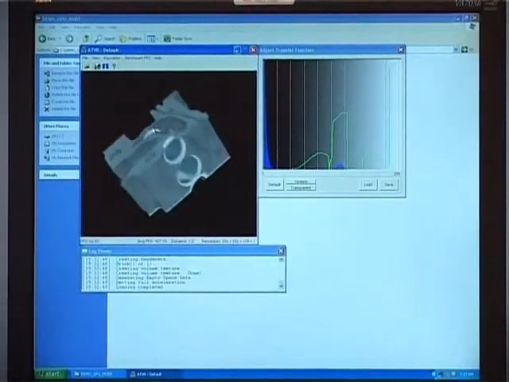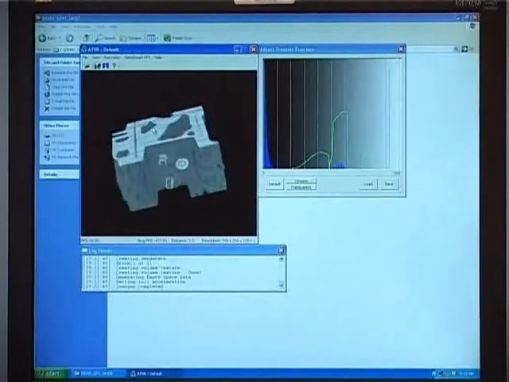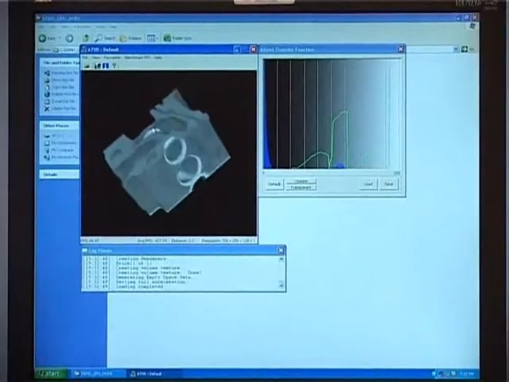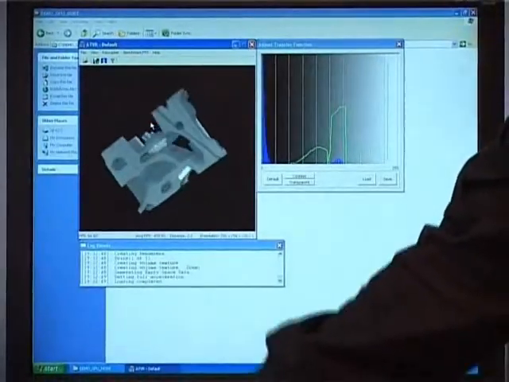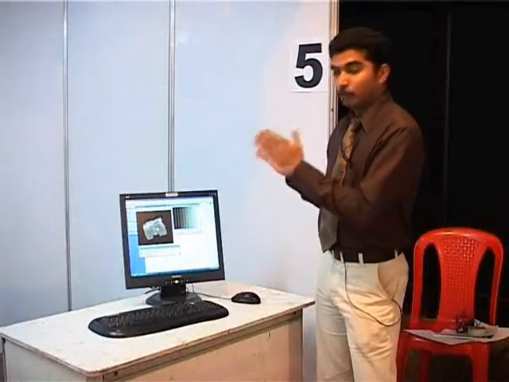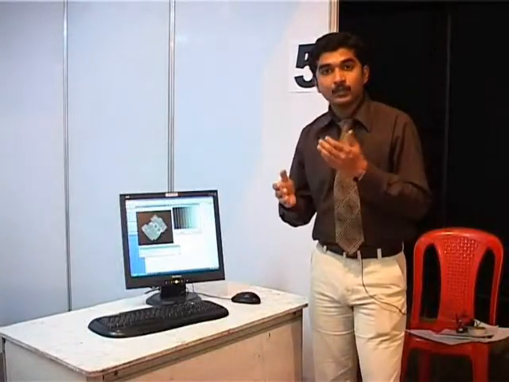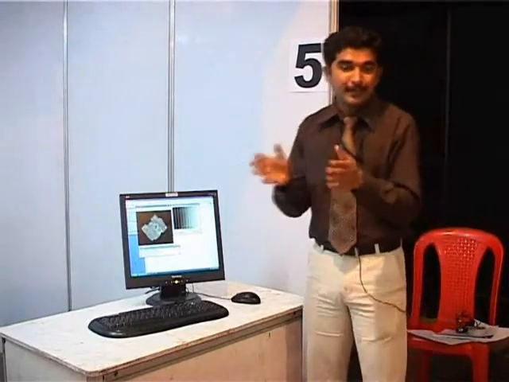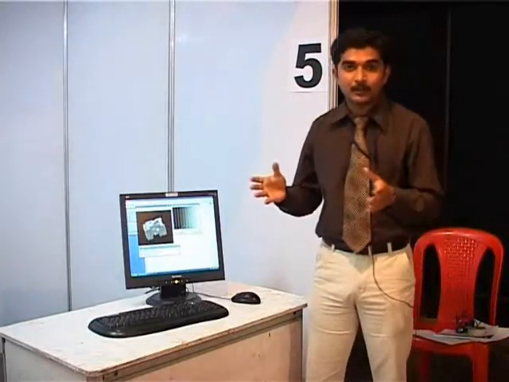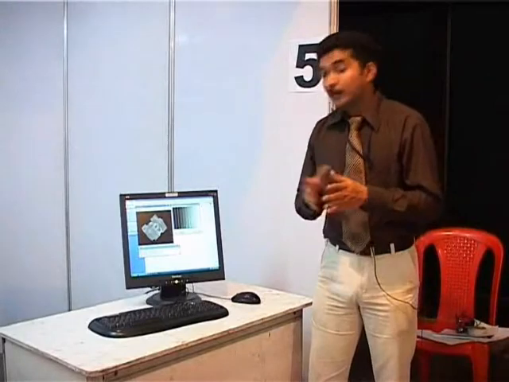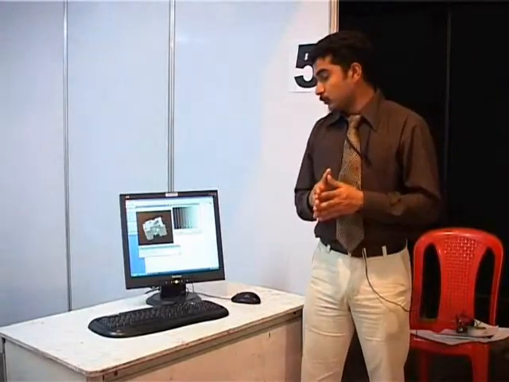So these output images, that is 2D slices, are fed into our application, and these 2D slices can be viewed in a 3D space in a volume format. The conversion of 2D slices into a 3D volume demands a lot of time. So the performance is a big issue in this case.